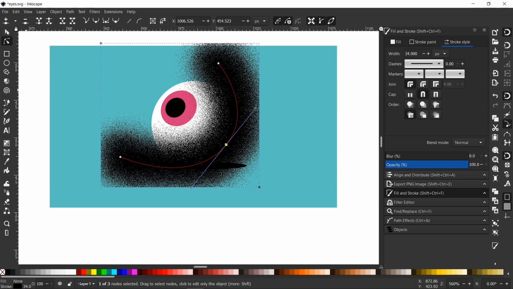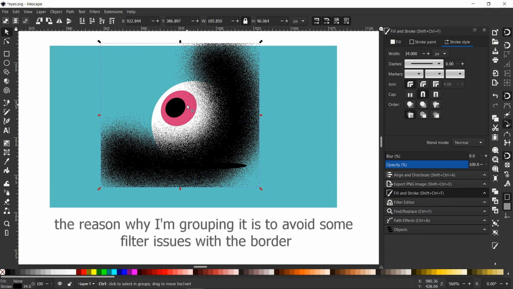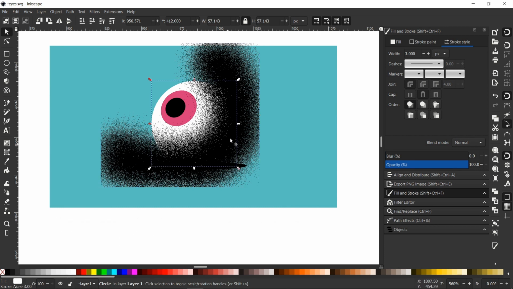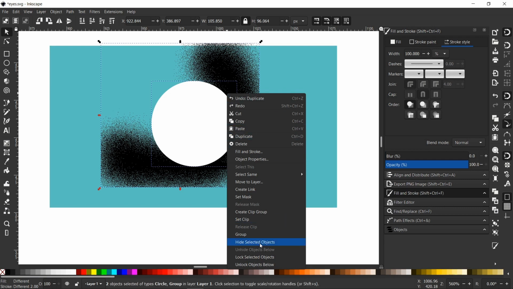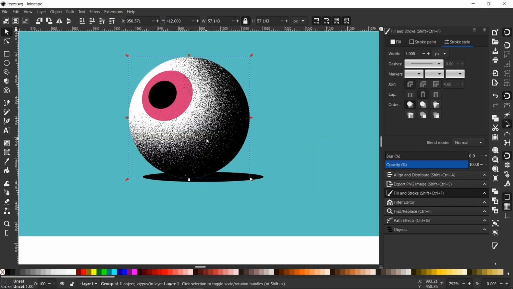Great, this is enough. So I want to group this, Control G, and I want to select this to use it as a mask, to mask this grain stroke out. I don't need these parts here, I just need it inside. So I'm just gonna duplicate this by pressing Control D, and now select this, then right click, set clip, and simply do the same thing for the rest